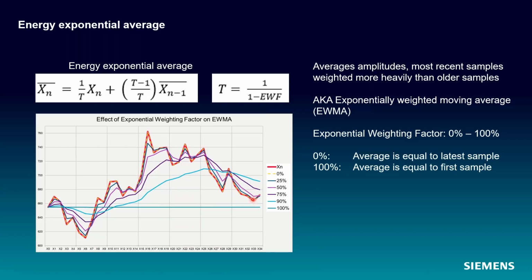If you are a financial stocks person, you probably recognize this as the exponentially weighted moving average. This is very typically calculated for stock prices versus time, and you can select that exponential weighting factor to represent how responsive you want to be to a stock price change, essentially.